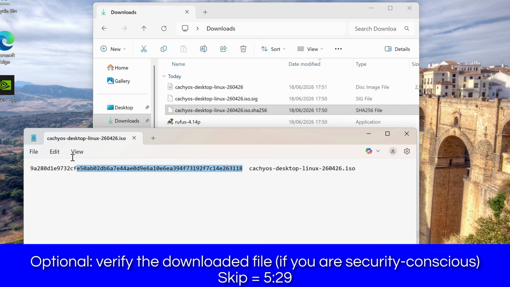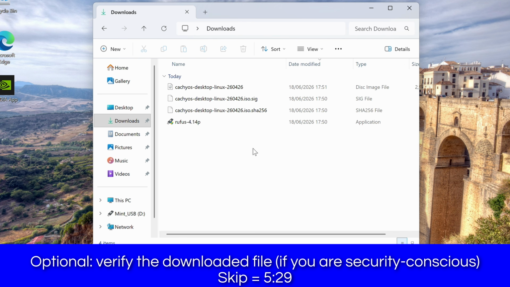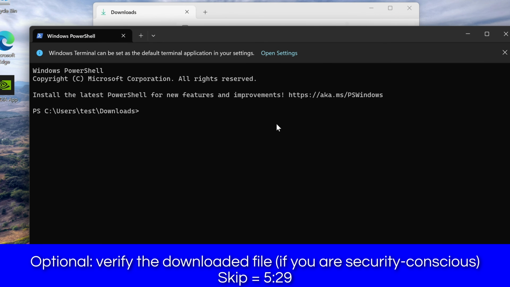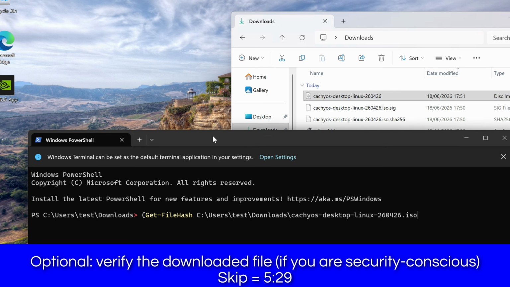Copy the long string of characters inside. Then go to your downloads folder, right-click in an empty space and open in terminal. Then type in the following. Open brackets, Get-FileHash, space, and then click and drag the ISO file from your downloads folder into the terminal window so it fills in the path, and then close the brackets,